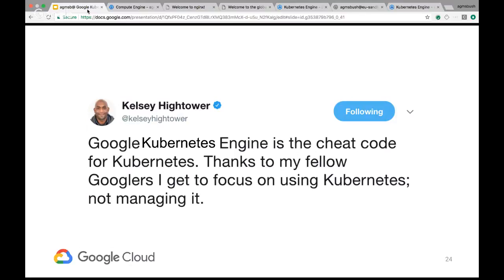We'll try to keep you all up to date on GCP Online Meetup. But I want to wrap up by talking about how Kelsey Hightower tweeted this. I had to override it so the font looks a little funny, because it used to be called Container Engine. He called it the cheat code for Kubernetes. He has a tutorial called Kubernetes the Hard Way. If you're interested, I think it's a great learning exercise to bootstrap a cluster from the ground up yourself, and his tutorial is the de facto for that. But he calls it the cheat code for Kubernetes. His tweet really focuses on that tale of two parts that I had: focus on using Kubernetes, don't focus on managing it.